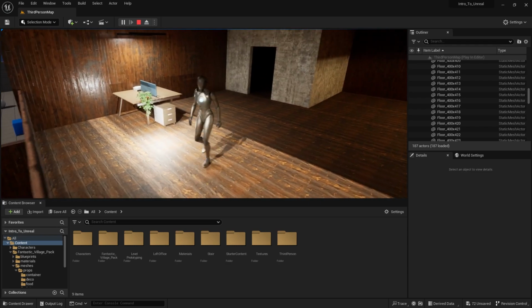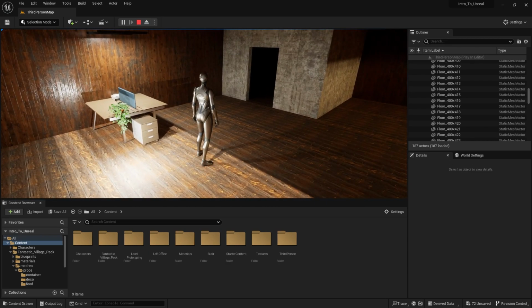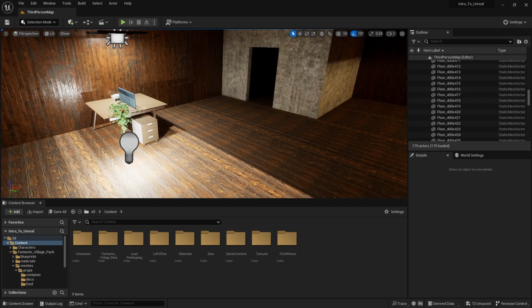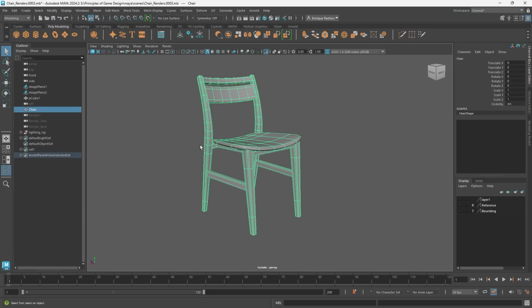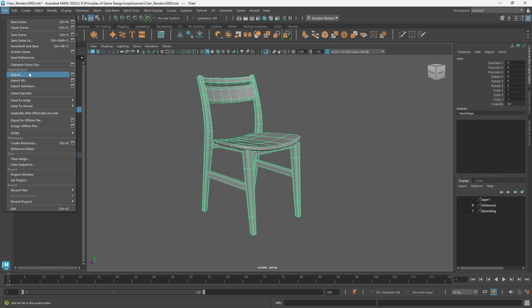Now let's go ahead and start importing our models. I'm going to hit escape, and we need our chair for our little home office. So go ahead and open up your chair project. Here we are, long time no see, and select your chair, and we're going to export this over to Unreal. In order to do so, we'll go to File, and about halfway down the drop-down we'll find